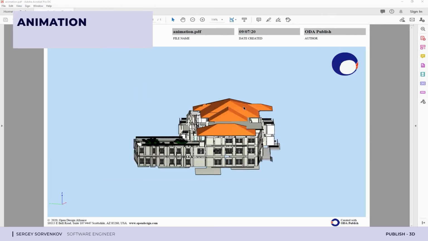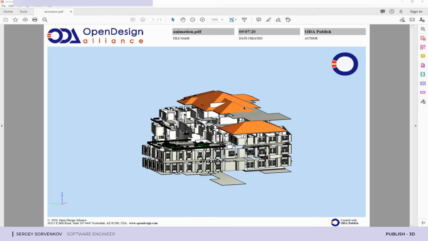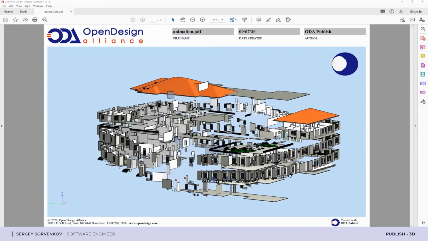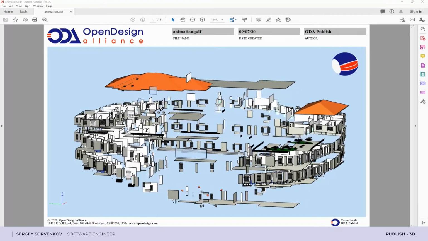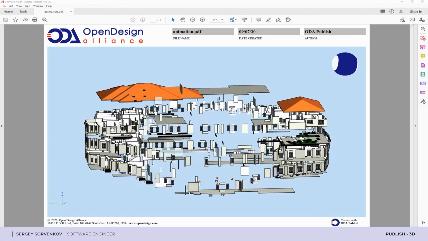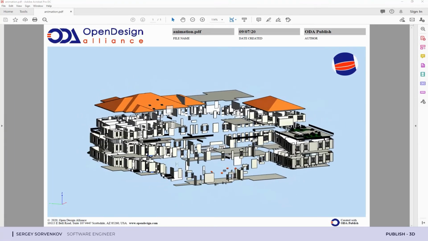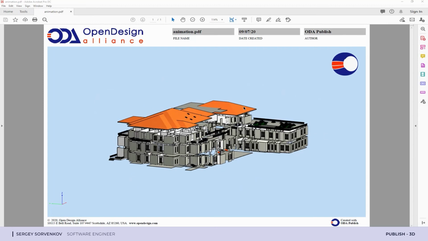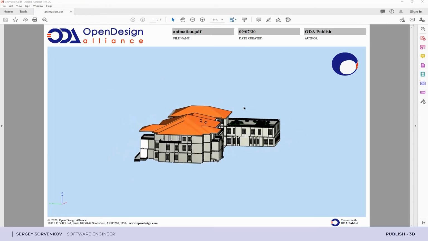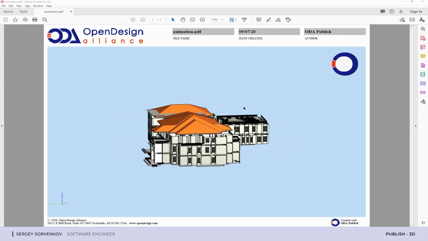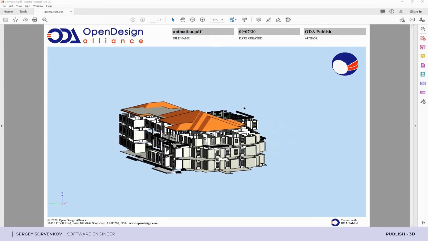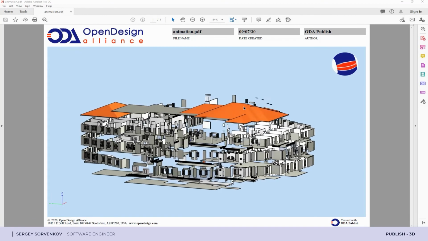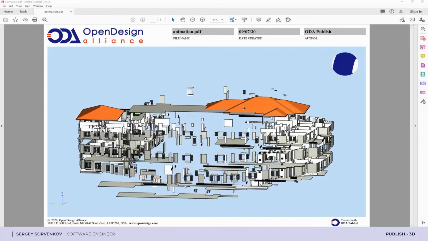Another function that makes the presentation quality of a published document even better is animation. There are two main methods to implement animation in the Publish API: using JavaScript scripts and using C++ classes. Also, the Publish SDK example shows a simple but often used model rotation animation around the Z-axis. Now you can see an example of animation based on the IFC model, which you have already seen in the previous presentation. But here you can see the inside of this model.